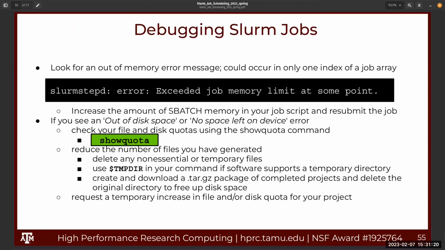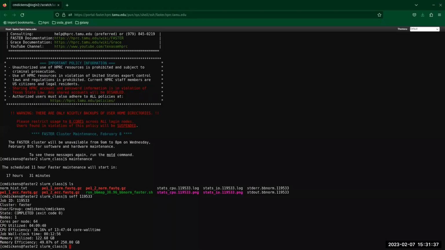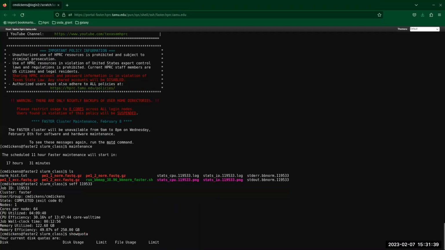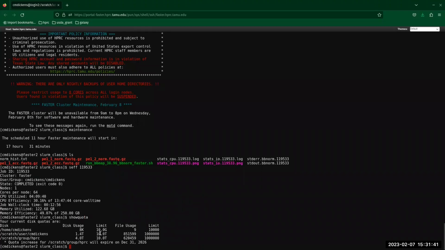If there's no space left on device, you may have reached your disk quota, or the temp directory could have gotten filled up, which is a possibility because that's another device. So check your quota, show quota, and if your quota is 10 terabytes and it shows 10 terabytes of your disk usage, you cannot write any more files. So you'll need to reduce file size by